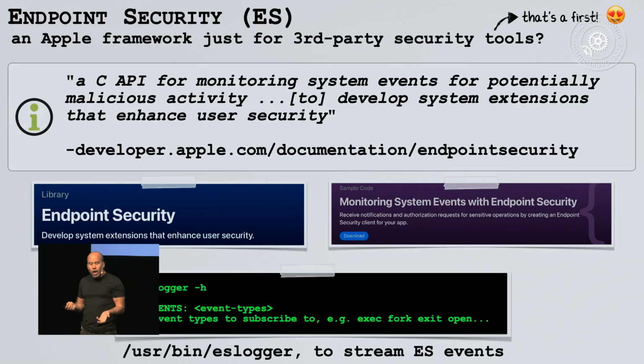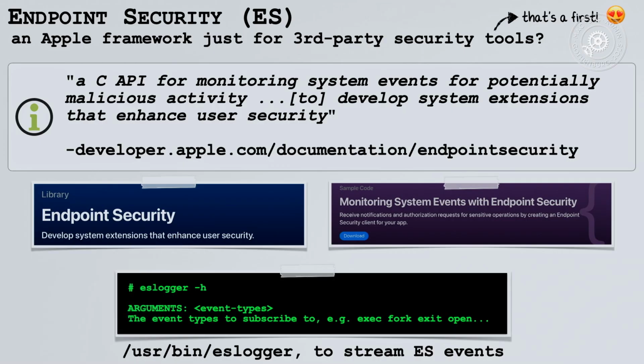There is sample code. And macOS actually ships with a super useful utility called ES Logger that allows you to actually view the events that endpoint security can broadcast. So if you're brand new to endpoint security, I recommend playing around with ES Logger. And we'll talk about how we can use ES Logger, for example, to understand when Apple adds or introduces new